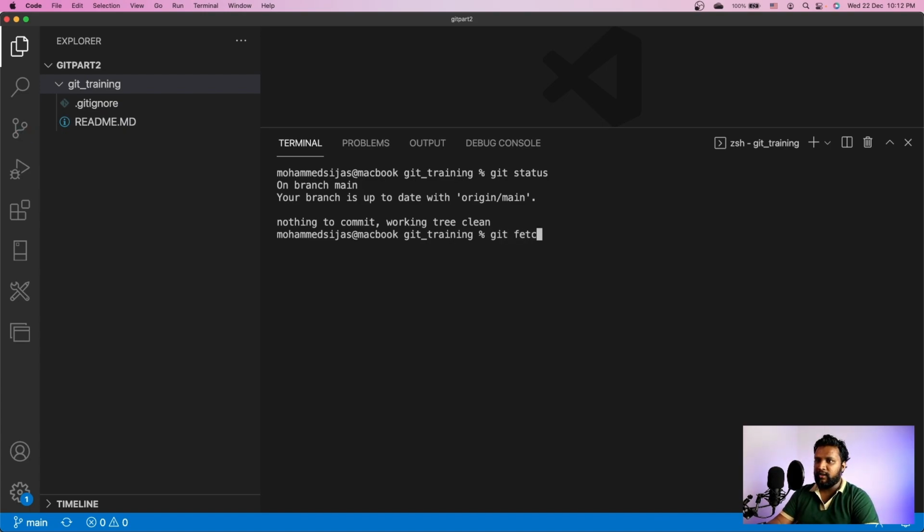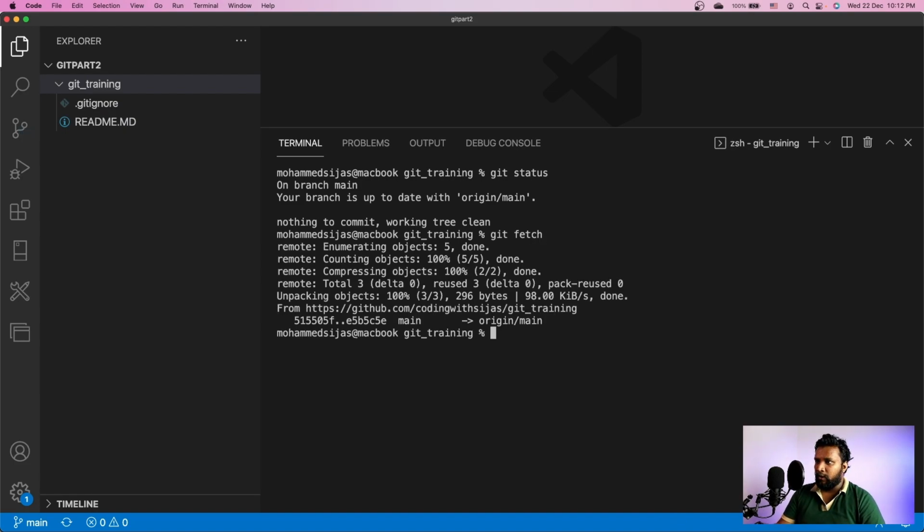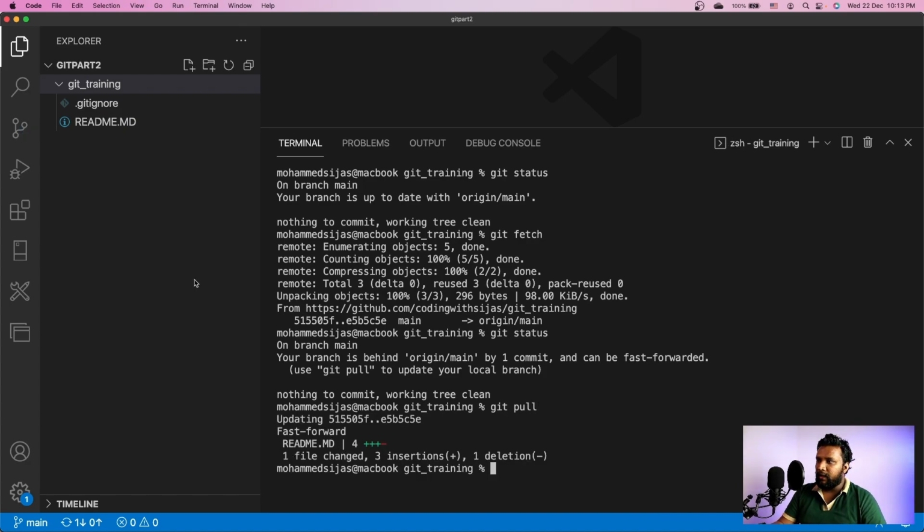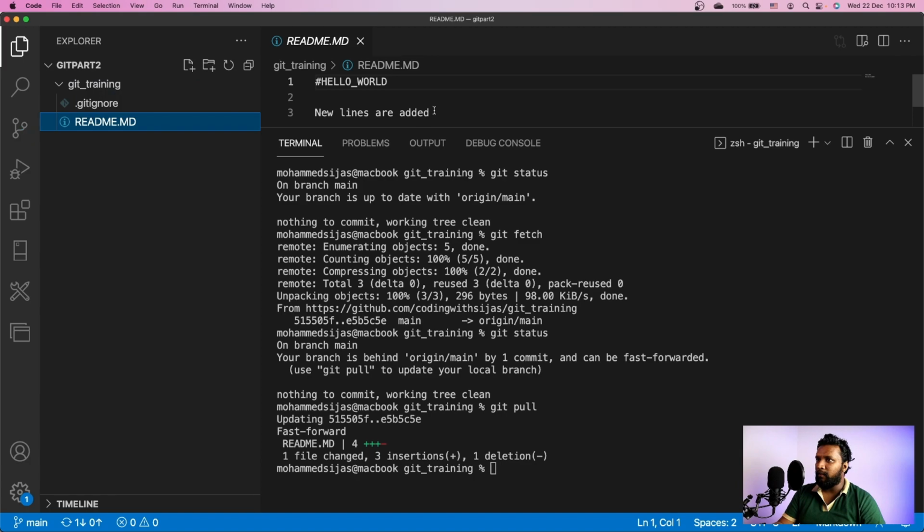So let me do a git fetch, which will not pull the code, it just updates the head status. So you can see that if I do a git status, it says that your current local branch is one commit behind the origin, which means the origin has one additional commit. So all I need to do is git pull. If I do a git pull now, you can see that additional change is also available here.